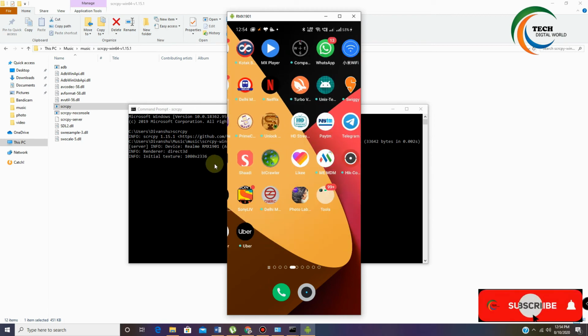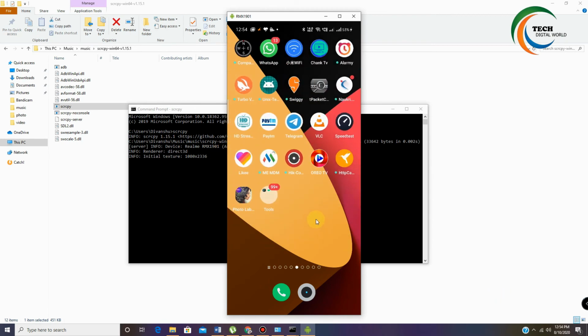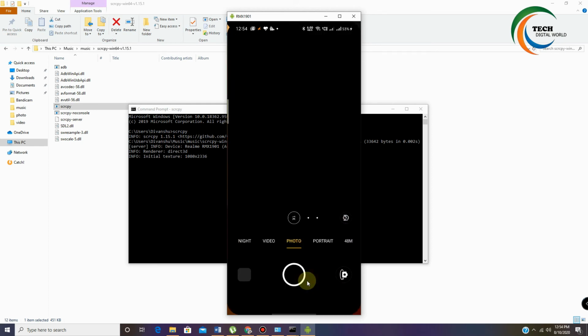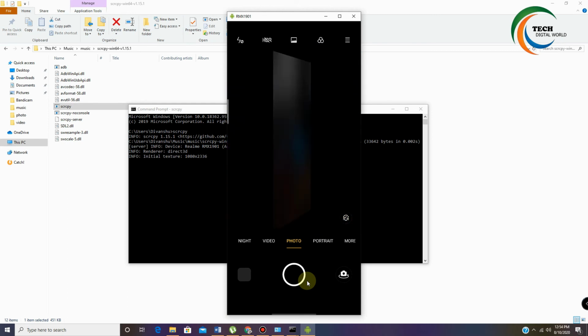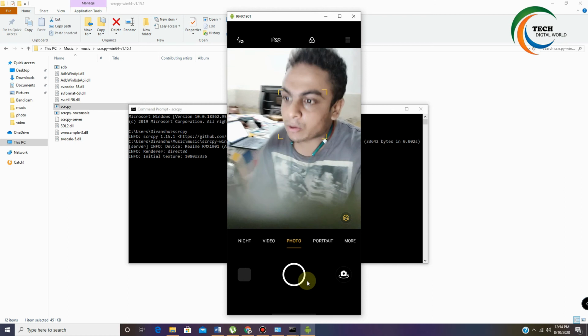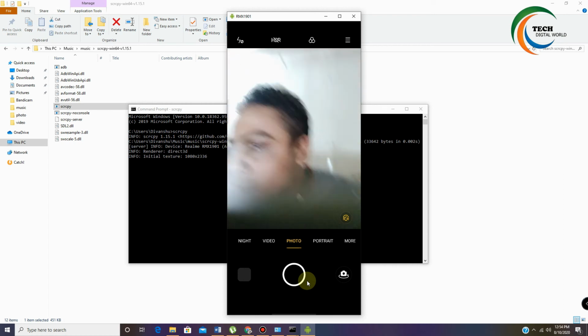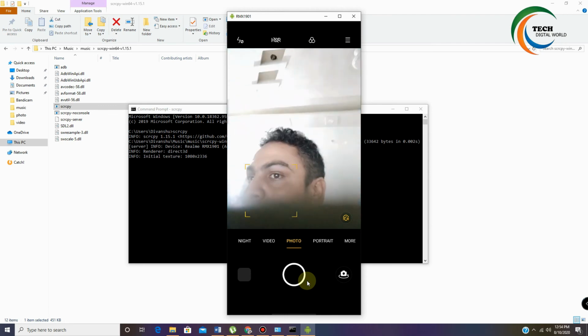You can even play anything you want, play your videos, or open your camera if you want. You can see me, and see how the camera quality is. This way you can do your work with your Android. You can operate your Android with your PC.